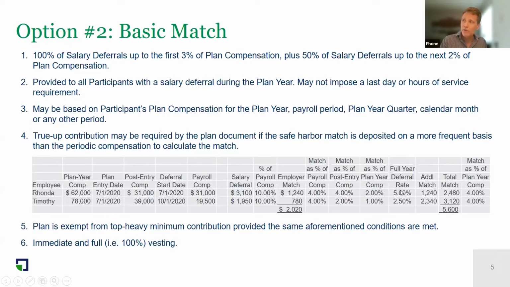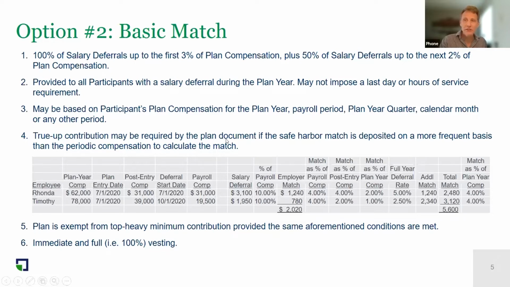When we look at their full year deferral rate, we're taking their entire salary deferral divided by their compensation. We've got a deferral rate here of 5%. We've got a deferral rate here of 2.5%, okay? If the plan document